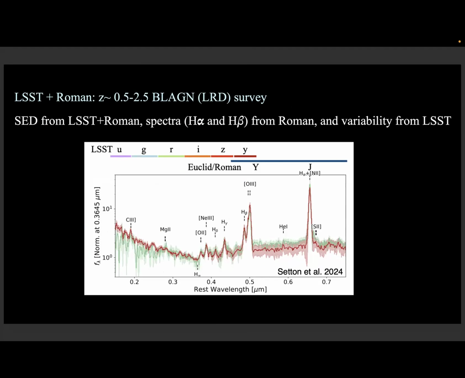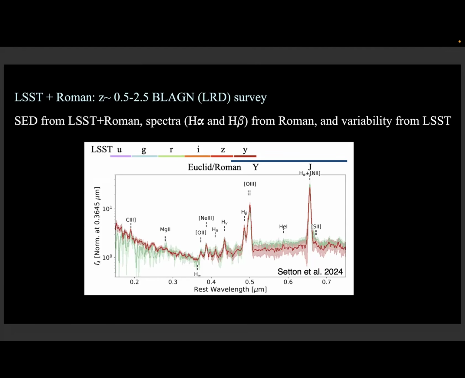We can have spectra directly from Roman so that we can have a broad line AGN survey, just searching for these broad line AGNs by H-alpha published in the lines. Then we can select a bit right out from the imaging, so we can cover redshift 0.5 to 2.5. And then for longer term, we can talk about variability information from LSST actually to confirm supermassive black hole and